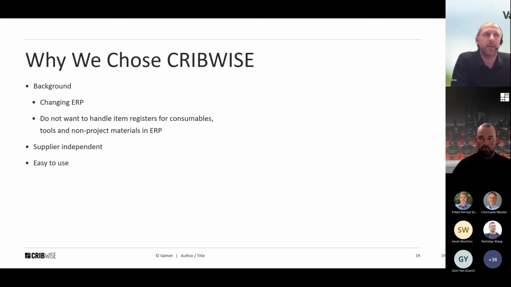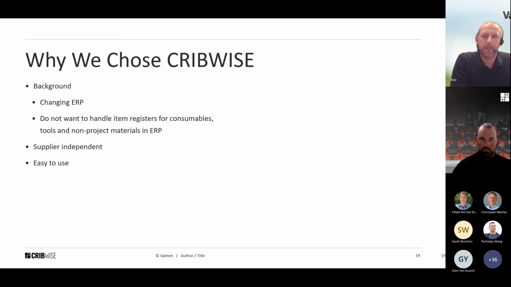So we said that we wanted a supplier independent solution. We looked at our vendors today, what solution they had, but nothing suited us, and then we would have been stuck